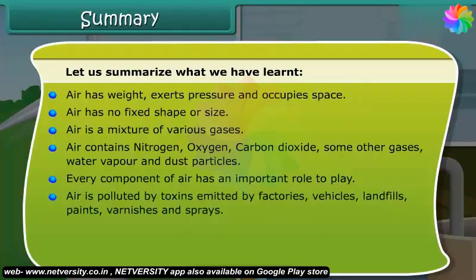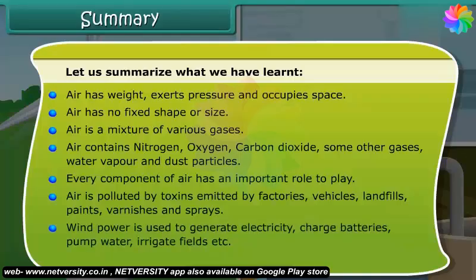Air is polluted by toxins emitted by factories, vehicles, landfills, paints, varnishes, and sprays. Wind power is used to generate electricity, charge batteries, pump water, irrigate fields, etc. Wind energy